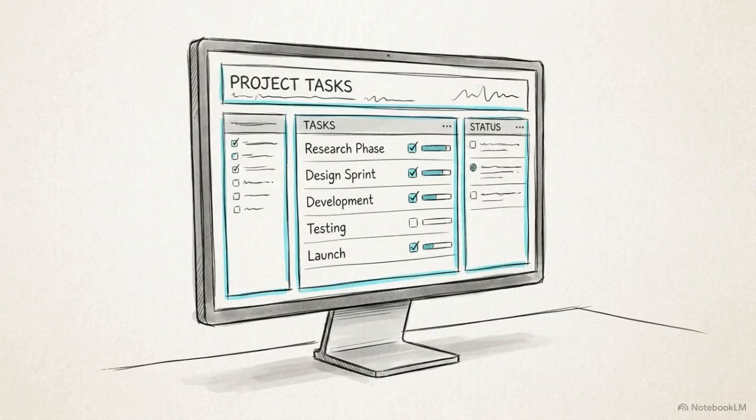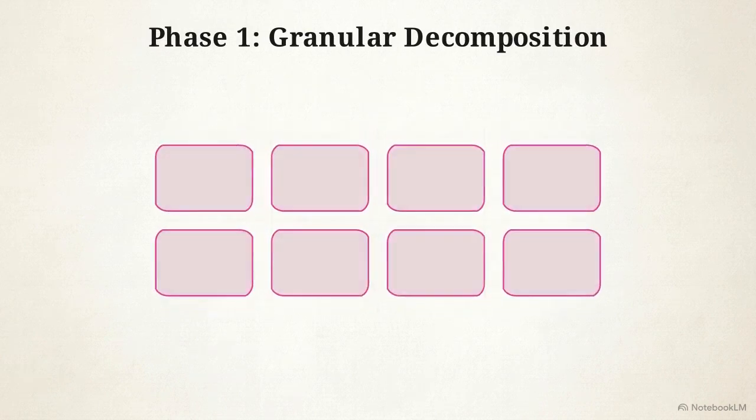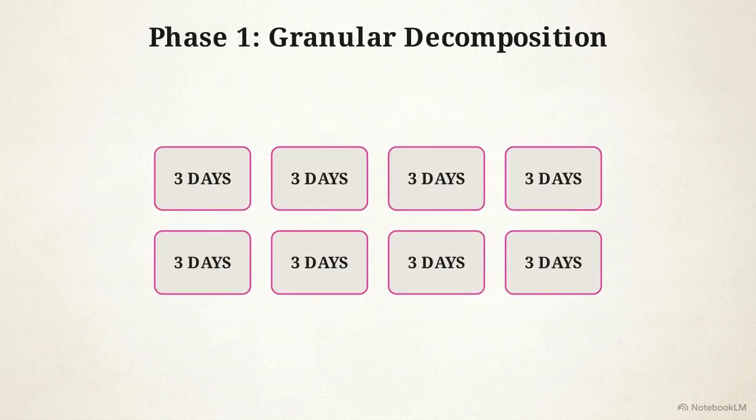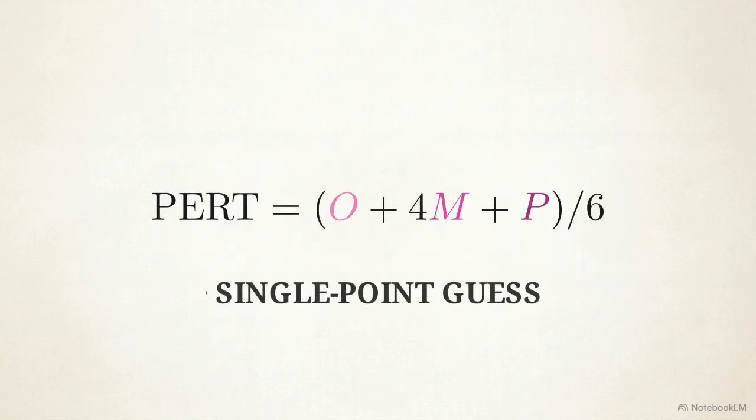Step 1 is granular decomposition. Look at your work breakdown structure and break down the larger deliverables until no individual task is longer than 3 days. This diagram shows the PERT formula, which we use to eliminate the single point illusion, where teams only plan